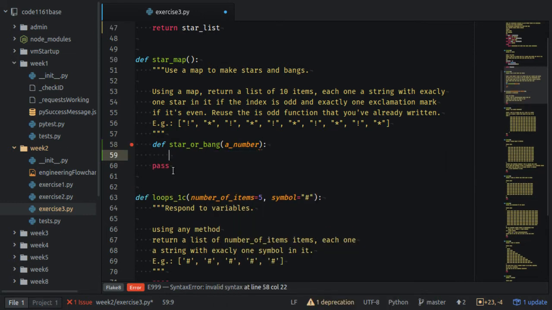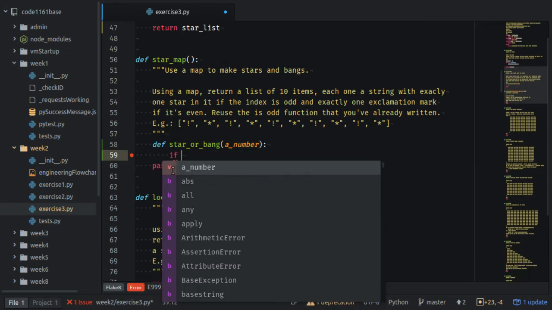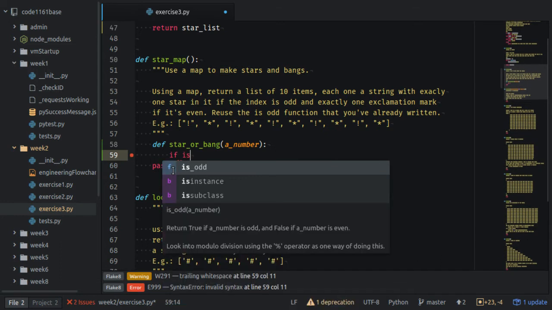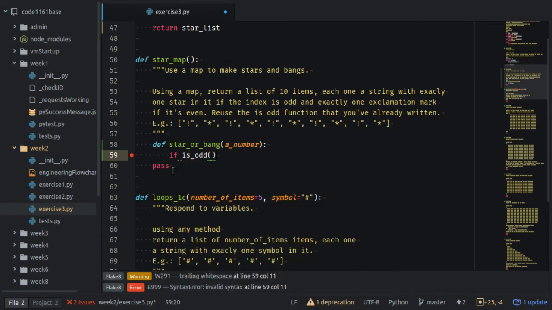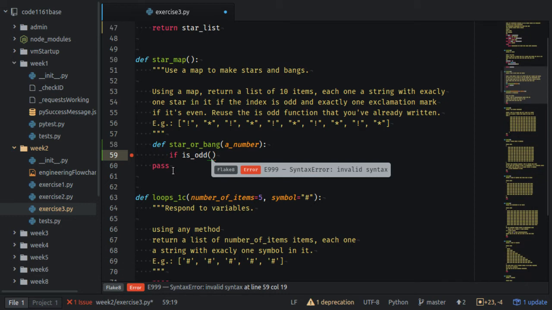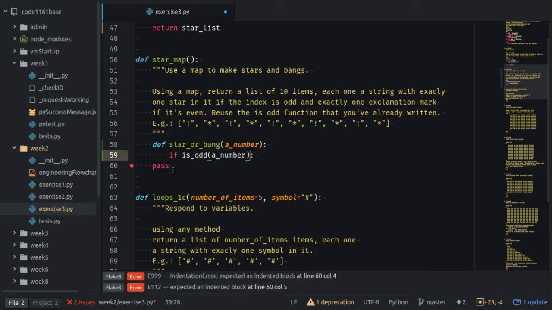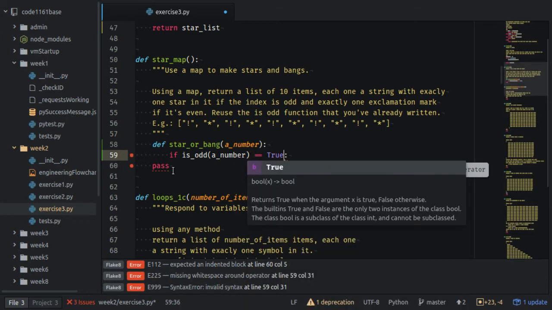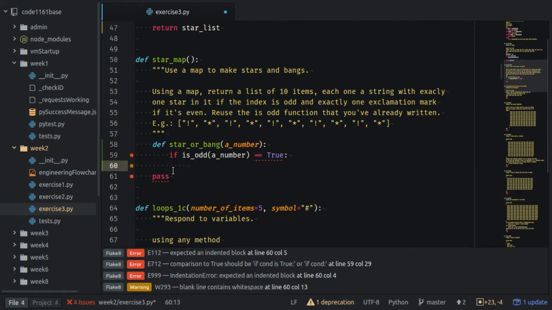And we want to say if is odd, because we've already written an isOdd function, right? So we don't want to rewrite stuff when we can reuse it. So if is odd, a number. So we're doing a test. Now we could say equals true, and then return